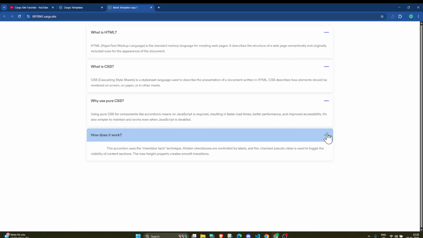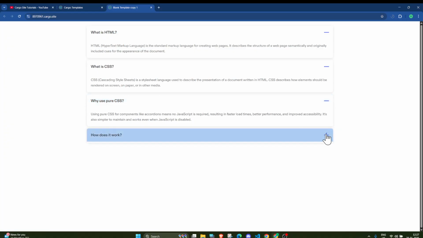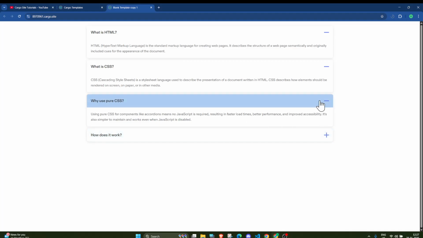I will show you how you can create this from scratch and how you can customize this as per your need, like if you want to change the background color, all these things. And this is fully mobile responsive as well. I'll link the code in the description, and you can check the code from the site if you want to, but I'll teach you how you can create it from the start.